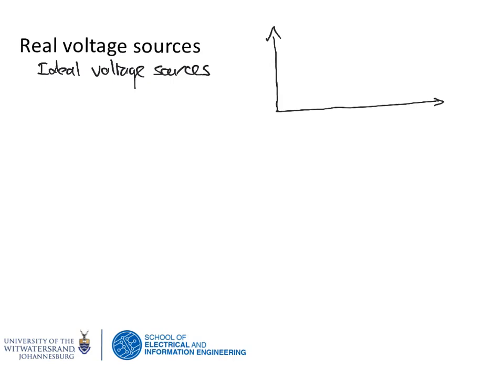So if we look at the load voltage VL plotted against the load current IL, then it doesn't matter what we connect to it, how much load current it draws, it will still give us the same voltage. So this graph represents an ideal source